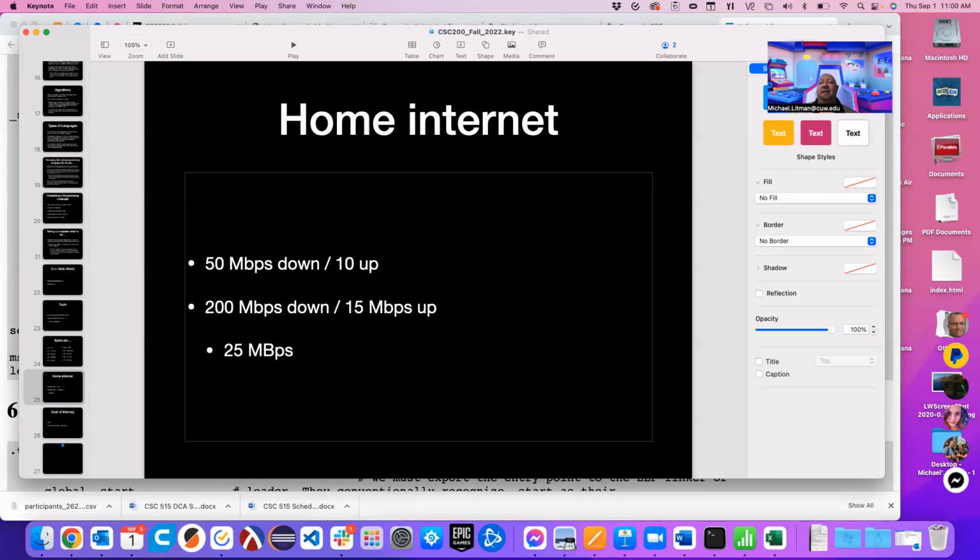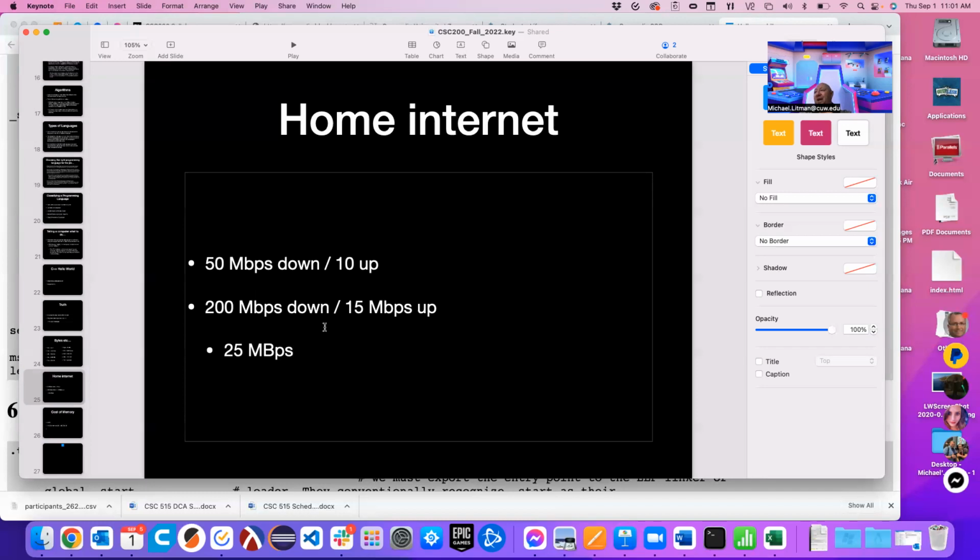Why might somebody get 400 megabit per second internet, the upgraded version of Spectrum, rather than 200 megabit per second? Why would they want 400 over 200 if, based on their usage patterns, they really only need no more than, I think it's 35 megabit per second, which allows you to stream in 4K from Netflix? Go ahead. Yeah, more people in the house. So it's not that an individual person needs more than 35 megabits per second for whatever task they're currently doing.